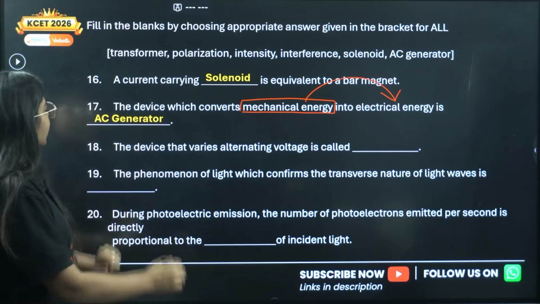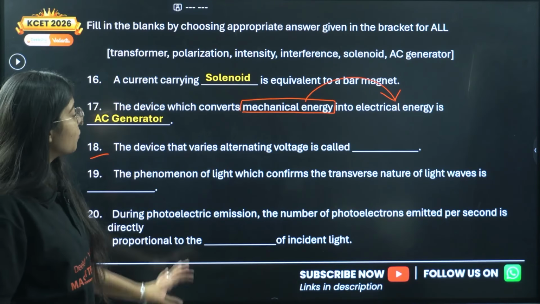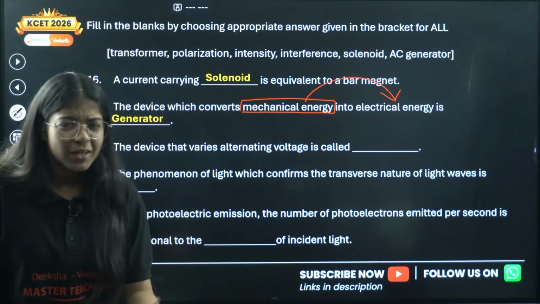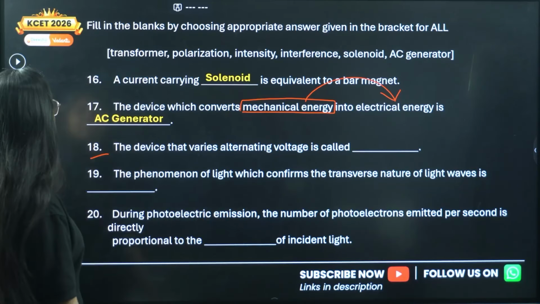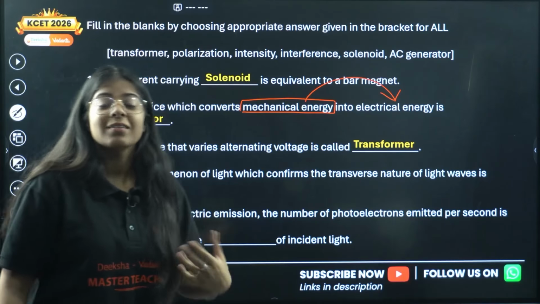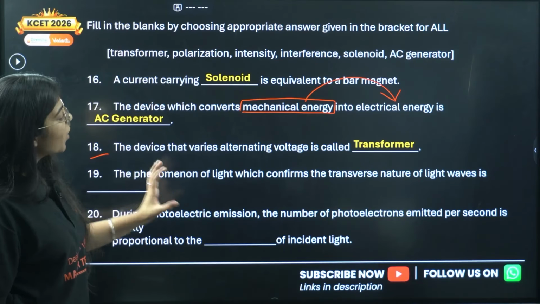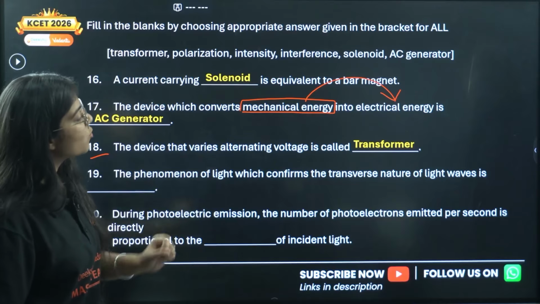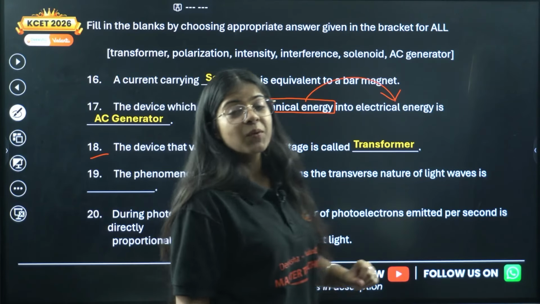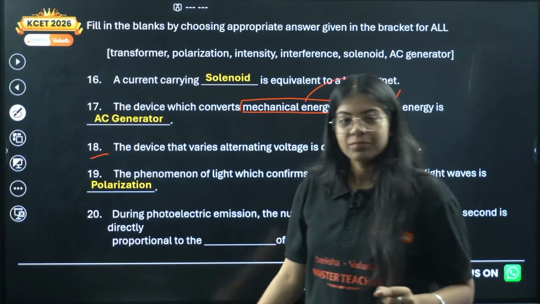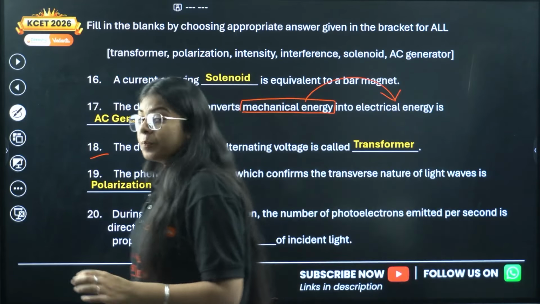Okay. The 18th question says the device that varies alternating voltage is called, definitely, ma'am, we know it's very easy, it's a transformer. Correct? 19th, the phenomenon of light which confirms the transverse nature of light waves is what? It is nothing but polarization. Okay. 20th question, during